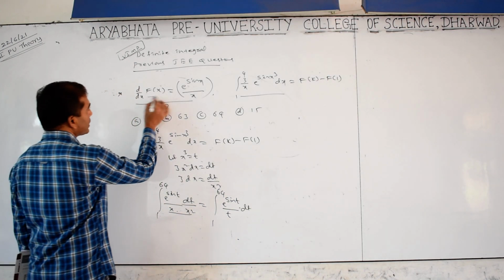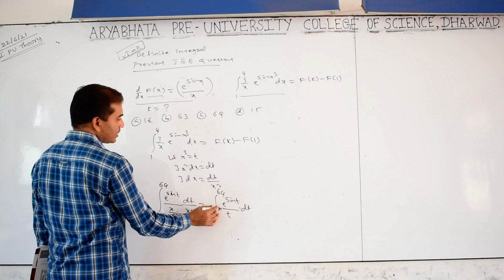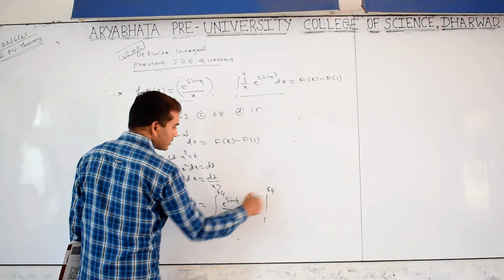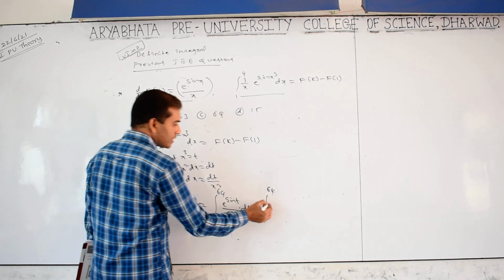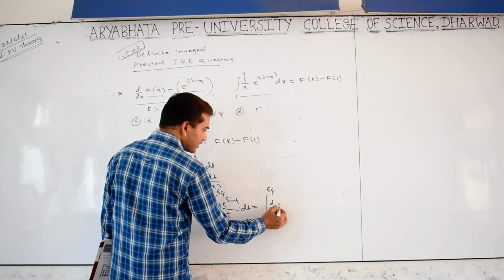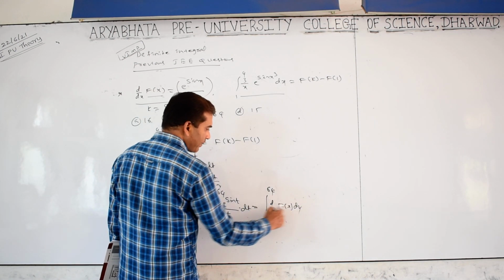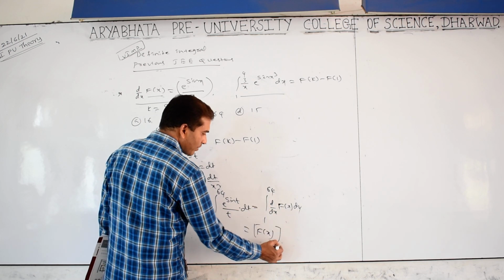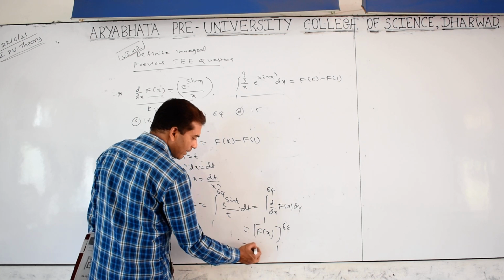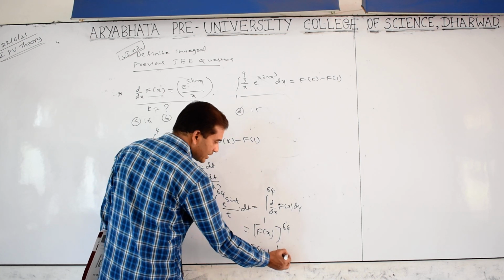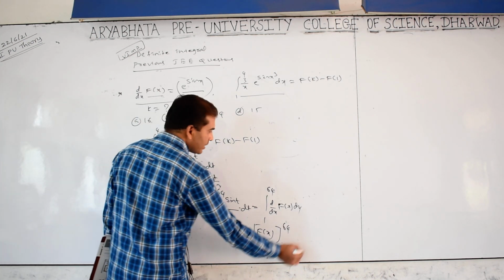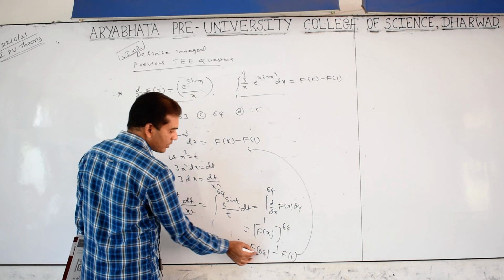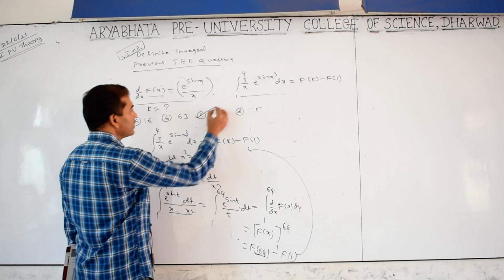This is the function. Understood? So this is equal to d by dx of F of x. Changing the variable, this is equal to d by dx of F of x. So d by dx of F of x means the derivative and integration cancel, giving F of x. So with limits 1 to 64, it is equal to F of 64 minus F of 1. Equating with F of k minus F of 1, what is the k value? 64. This is the answer.